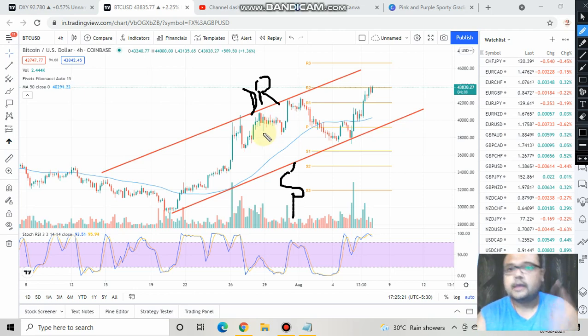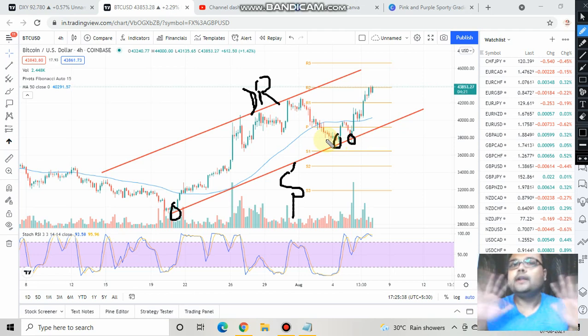Okay, so area of value in this market will always be near the support, and in this case we can clearly see that this trend line is trying to act as support for the market, or in simple words, whenever market is going down, this trend line is providing the required support to the market. So following the rules of the market,